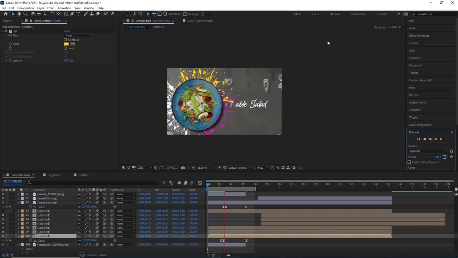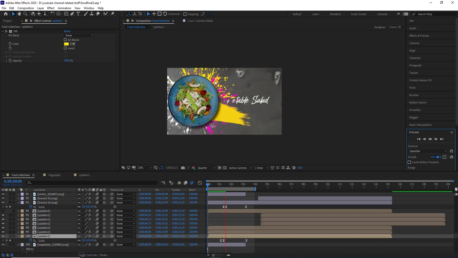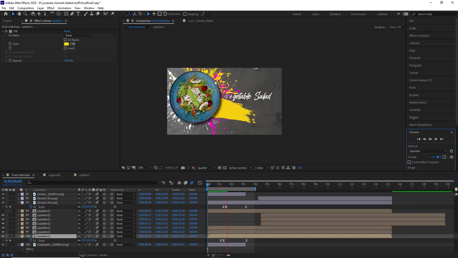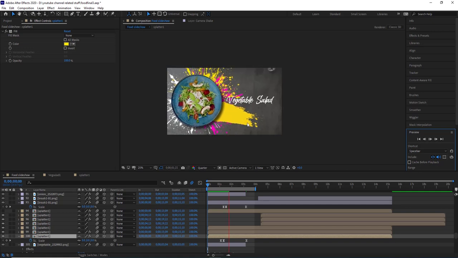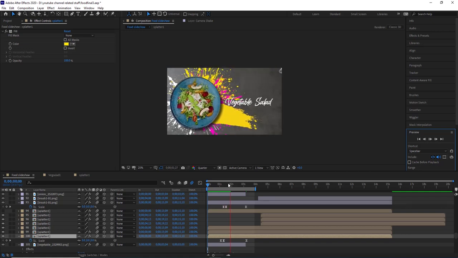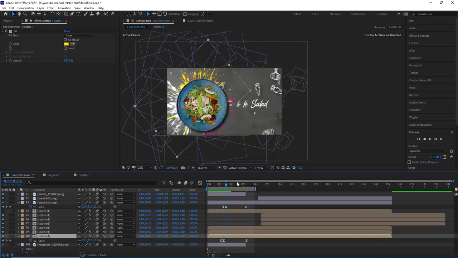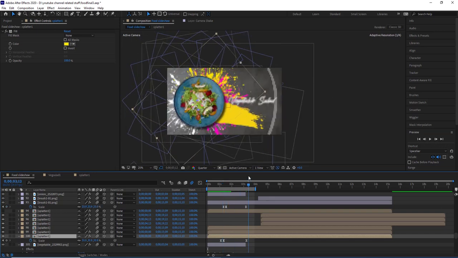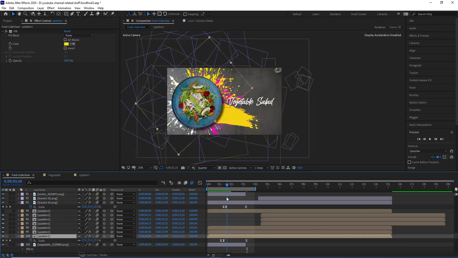We have a little bit of slow exposure for this splatter and this brush as well. Keyframe the scale value, and here we have the scale value